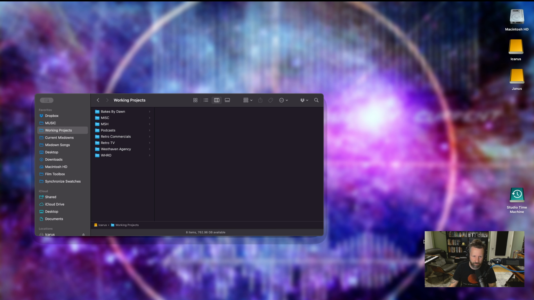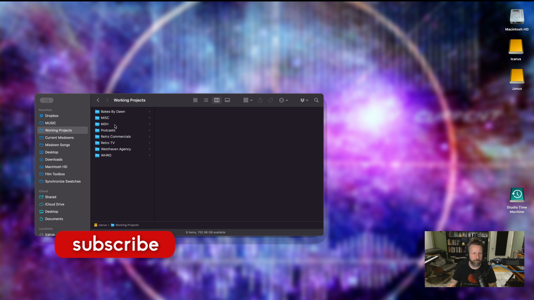All right, the first tip is to keep your footage organized from the get-go. This happens before we even jump into Premiere. There's a little bit of housekeeping to be done. I like to keep everything in a folder structure like this. I have one overarching folder called Working Projects. That's for all my current projects that I'm editing or have recently edited and may need to go back to